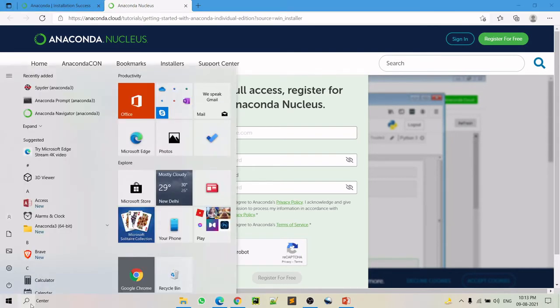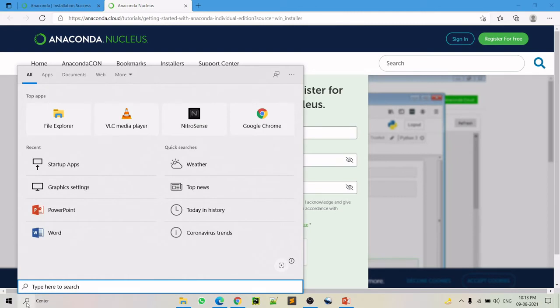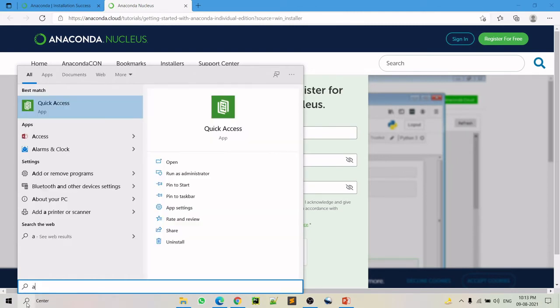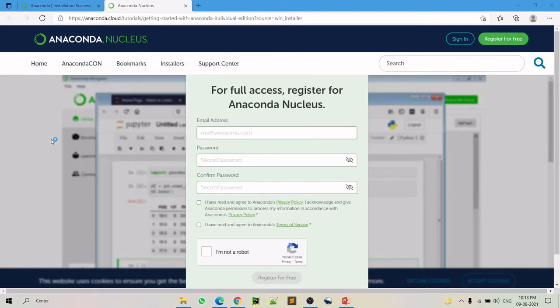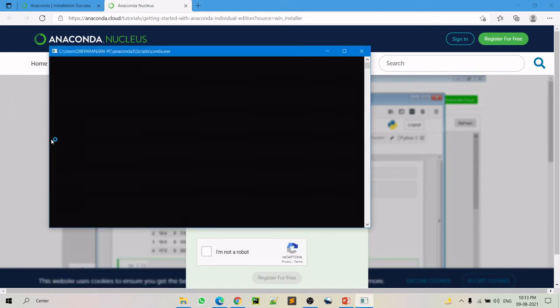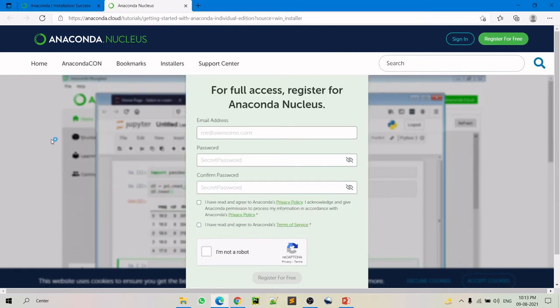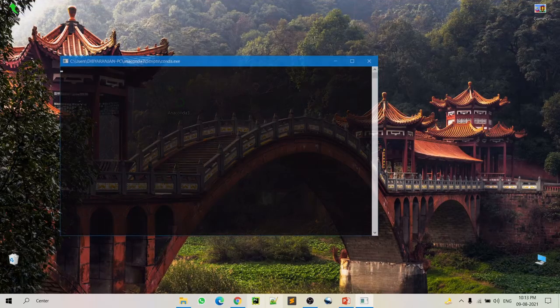We have the Anaconda installed successfully. So let's see, we have that. This is the Anaconda Navigator. This is a kind of GUI application for the Anaconda distribution. We'll open it and see what we have here. I'll close this particular window.